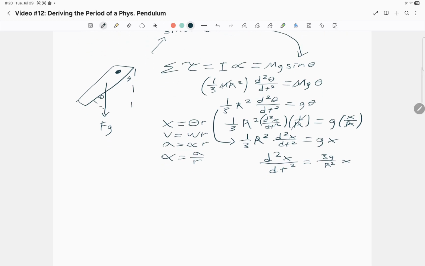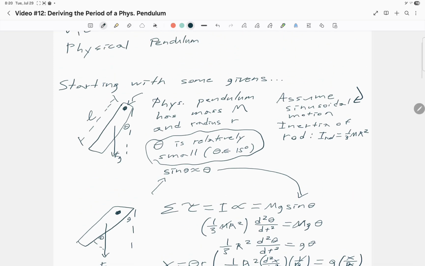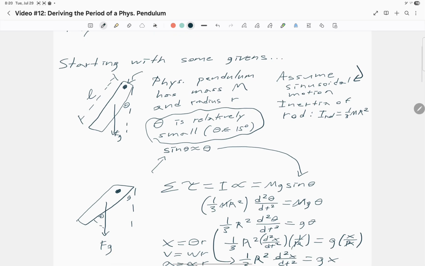Okay, we're at the dead end now. We need something else to help us out here. We want time, right? How are we going to get time from this? Multiply both sides by dt squared. Integrate twice. No, what? That would be horrible. I don't want to do that. And that would only give you a general equation for time, maybe. That's not going to work. Ew, disgusting. We're going to utilize the fact that this rod is oscillating